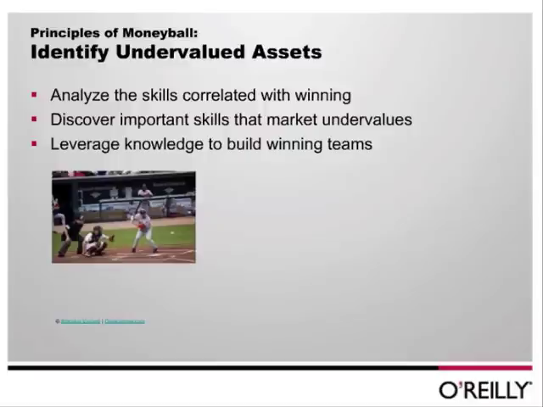And so because of their smaller budgets, they needed essentially to figure out other ways to be competitive and to win. And the key for them was to identify assets, either skills or players, that were undervalued by the teams that had more money, because those were the kinds of assets that these teams with less money could afford. So the key was to identify these undervalued assets, and they did that by